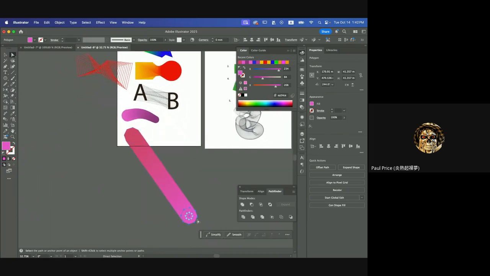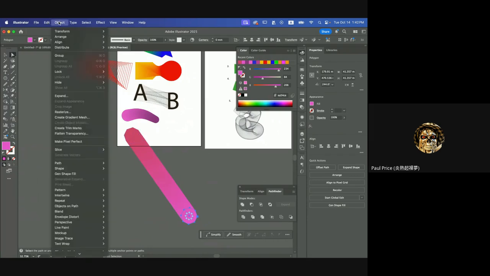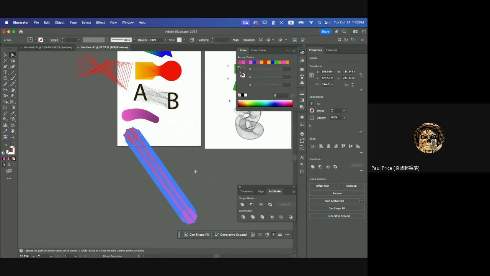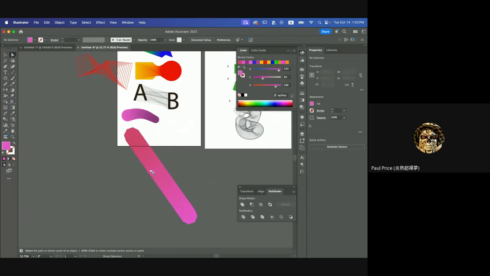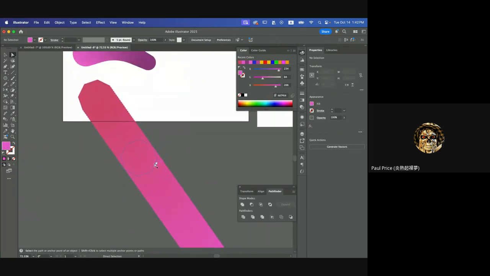These two polygons with these two different colors. So what if you want this to be an uneditable object? What do you do? You go to Object, you go to Blend again, and then you want to use this Expand. Once you click on Expand, now it'll be dozens of individual